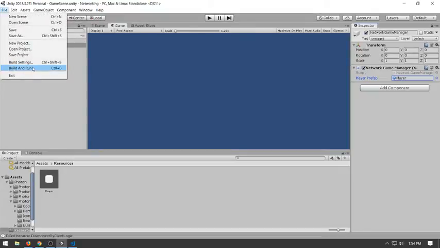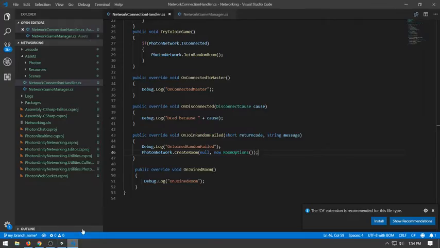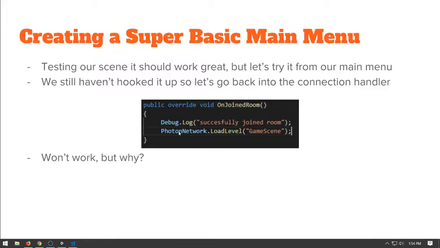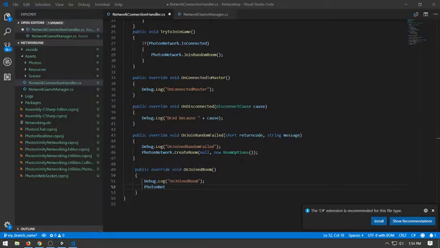So once we have our game scene, we have to do something magical in here. And once we've joined the room, what we want to do is PhotonNetwork.LoadLevel. So this is kind of similar to if you've loaded a level with the scene manager. But here, we're explicitly telling the Photon network that we want to change our scene. So hypothetically, with automatically sync scene, they should make sure that all players are in the same scene. So we PhotonNetwork.LoadLevel, and we load our game scene. So now, if we want to do some quick testing,